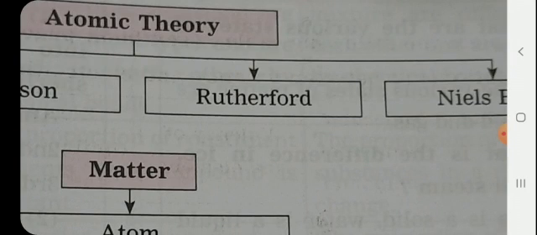According to Rutherford's atomic model, an atom has tiny dense positively charged nucleus at the center of an atom. Most of the mass of the atom is concentrated in the nucleus. Negatively charged particles called electrons revolve around the nucleus. The total negative charge on the electrons is equal to total positive charge present on the nucleus. As the opposite charges are balanced, the atom is electrically neutral, and there is empty space between the revolving electrons and the atomic nucleus.